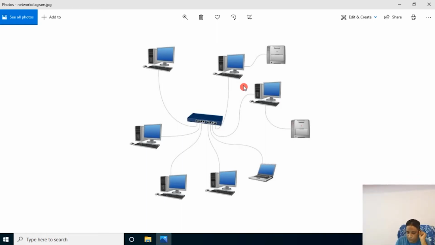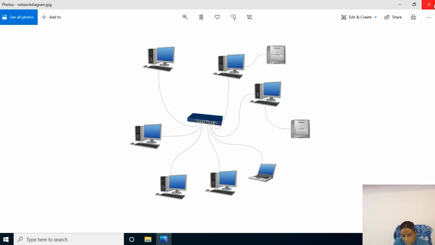The first computer there can be a server, wherein the entire data is being kept on this PC. Say suppose I have all the data on this computer and from this computer I want to access this computer. I can easily access it with the help of this network switch. I can go into this computer, I can go into this computer, so they basically communicate with each other and share data. Basically, a network is a local region connected to each other, a local area network, that is LAN.